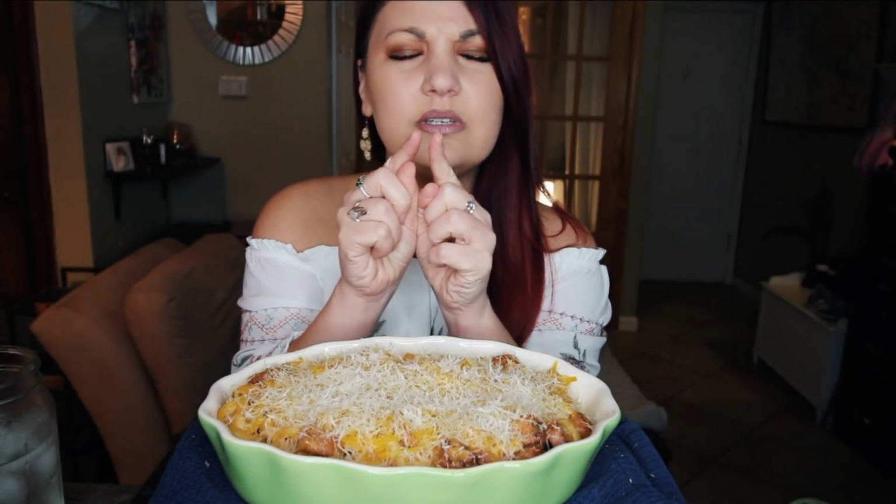Also, I stabbed the living daylights out of myself the other day. I was washing dishes and I had a pot and there was silverware in there, and I'm always super careful and always make sure to put my knives in face down, but I don't know what happened. I have this little paring knife, y'all, with a really sharp point, and it's the sharpest knife that I own. And I went in to grab whatever was in the pot to wash it, and I stuck my hand in there and I stabbed